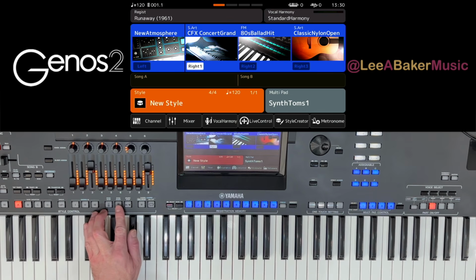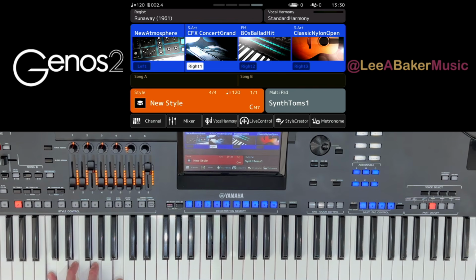Now when I play back the CM7 chord, it plays back my CM7 source pattern. And because the Genos now knows that my source pattern's in CM7, if I select different chords, it'll make the necessary adjustments and hopefully they play back as expected. If I play the F major, like on the previous video, it now plays as intended, and so does the